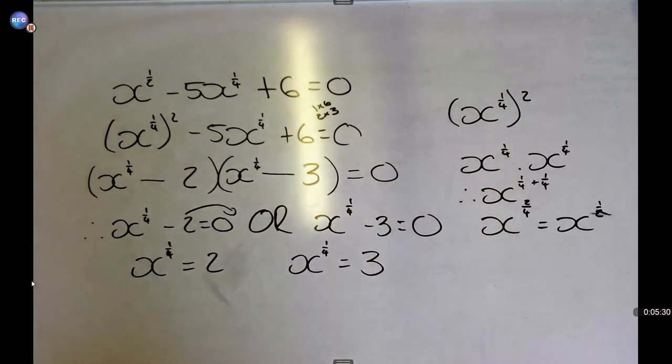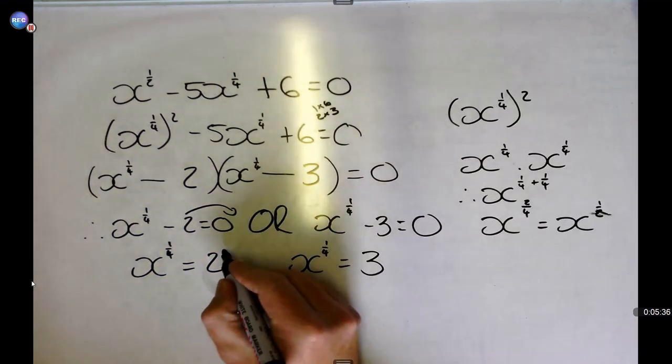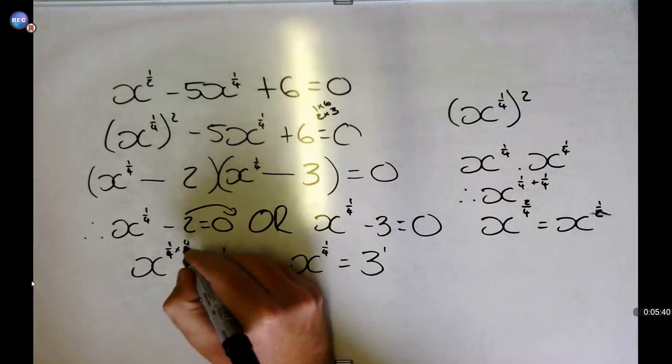Now what we need to do is what we did in the first question, where we need to multiply by the reciprocal. Okay? So, you know there's a 1, you know there's a 1. Okay? Now we multiply by the reciprocal.